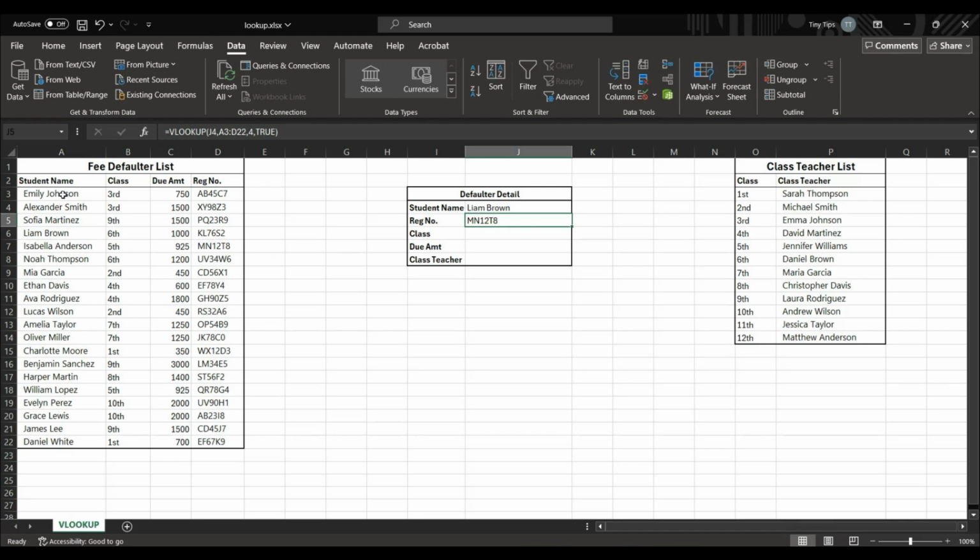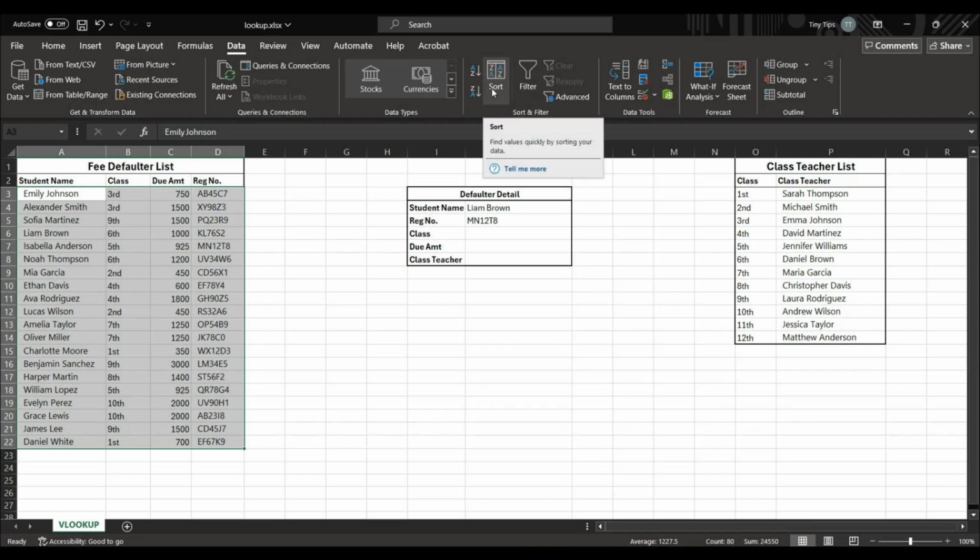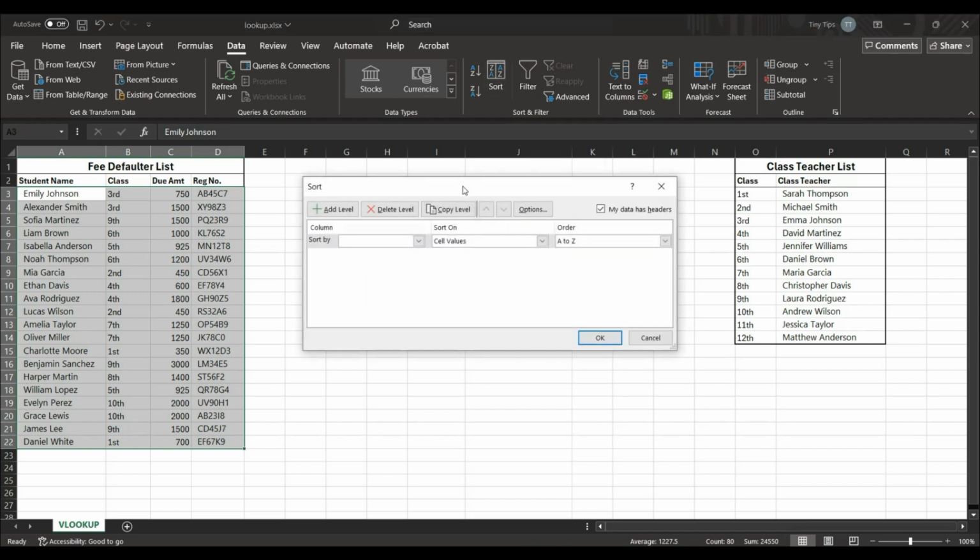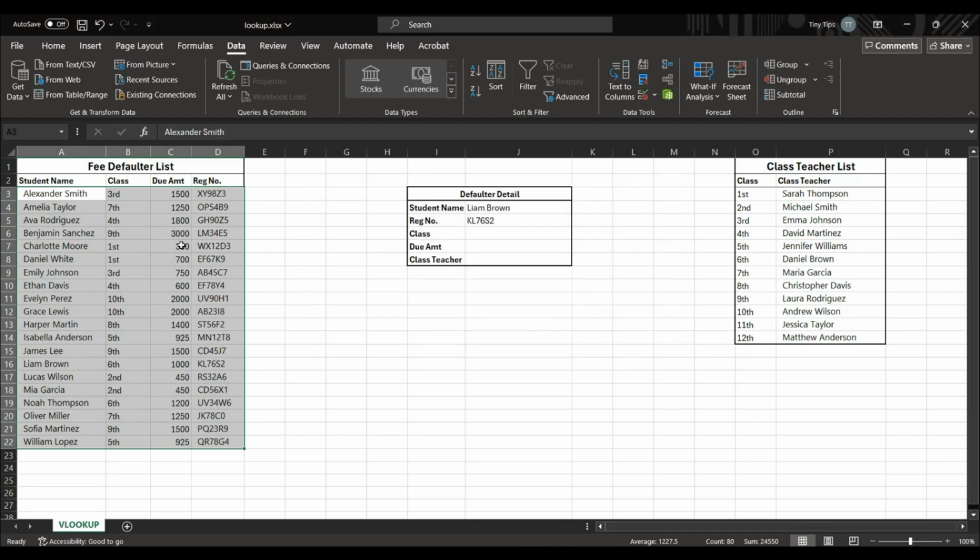Let's sort our data table in ascending order based on the student name. Under the data menu, click on Sort. Here, for Sort By, we will select Student Name. The order is A to Z, which is in ascending order. Then click OK. We can see that our data table is sorted alphabetically in ascending order based on student name. And now we can see that the retrieved registration number is also matching with the registration number in the data